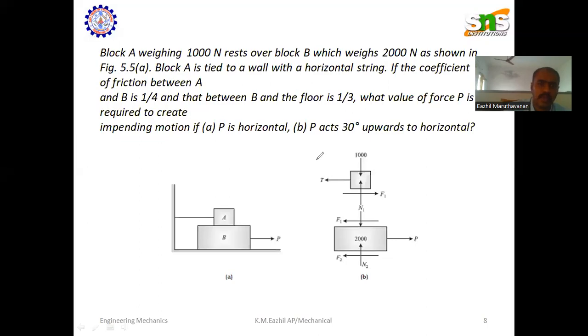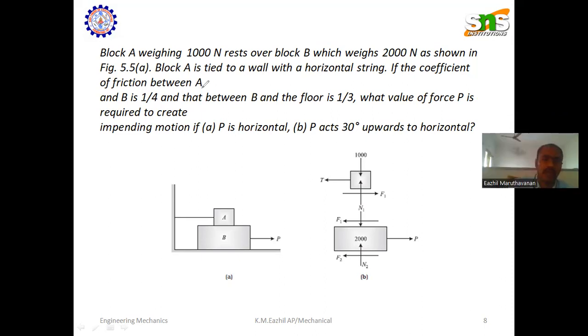You see a problem here. A block A weighs 1000 Newton and rests over a block B which weighs 2000 Newton as shown in the figure. Block A is tied to a wall with a horizontal string. If the coefficient of friction between block A and B is 1 by 4, and that between block B and the floor is 1 by 3, what value of force P is required to create an impending motion